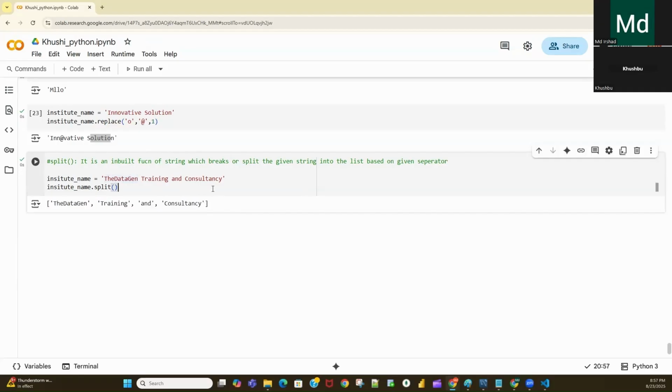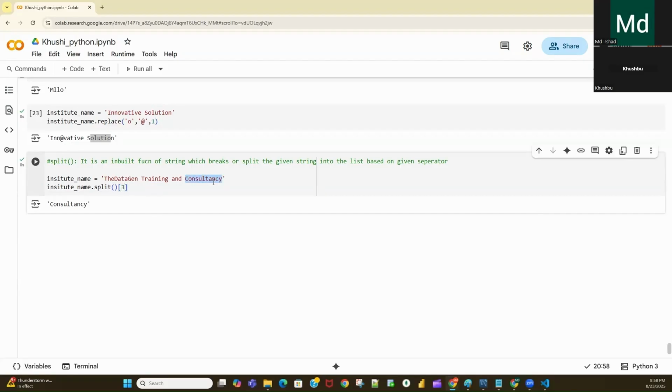Now this is giving me the list data. Now my list is looking like this. In this list, this is at 0th index, 0, 1, 2, 3. So if I give here 3, this code will work fine for me. So this will be an easy way to fetch the consultancy.